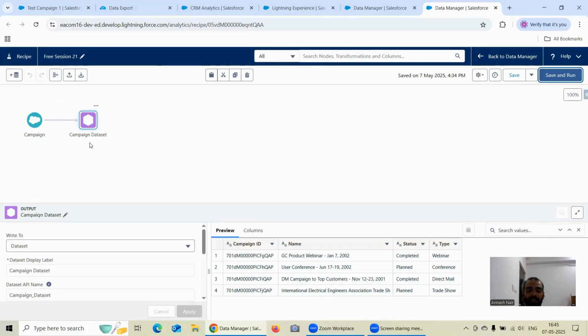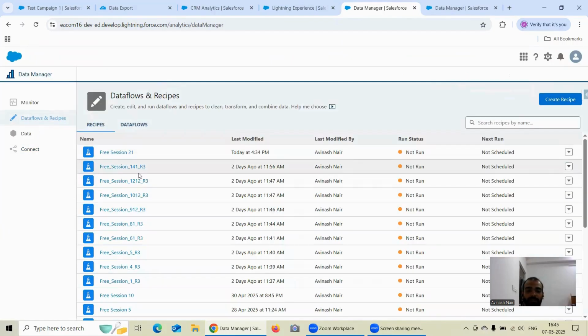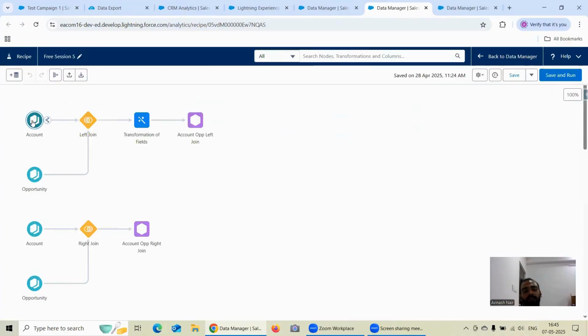And one more thing is, whenever you directly pull data from any Salesforce internal object, let's take the other recipe we were talking about. On the data flow recipe, there was one of the recipes which we have built. Let's say I take up this one on the free session 5. Now here, whatever we have done, although this is coming up after establishing the connect, if I deploy the same recipe right now to the higher environment, because here of course we're bringing from the connect,